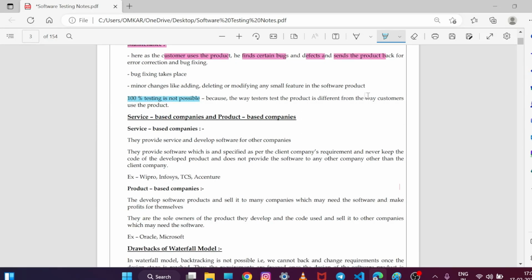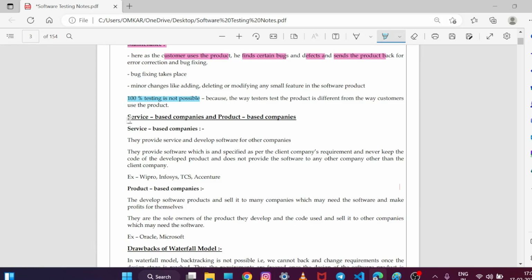Suppose the requirement is that it should work only with the email. If the product is accepting the numeric also, the name also, the special characters also, then this is a bug or defect in the product. So we have to rectify it and fix it. So 100% testing is not possible.